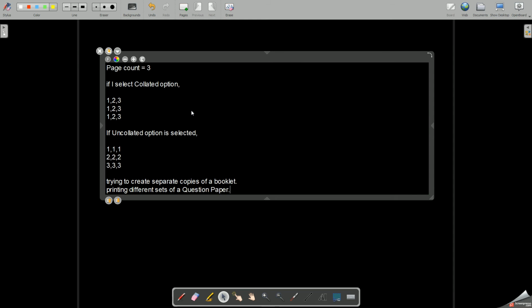So you can arrange all the question paper sets separately and later merge them, or if you want to save that time for merging, you can print all of the copies of the question paper with all the pages in collated fashion, so that the first one would be set 1, the second one set 2, the third one set 3, and again it would start from 1 to 3 onwards.